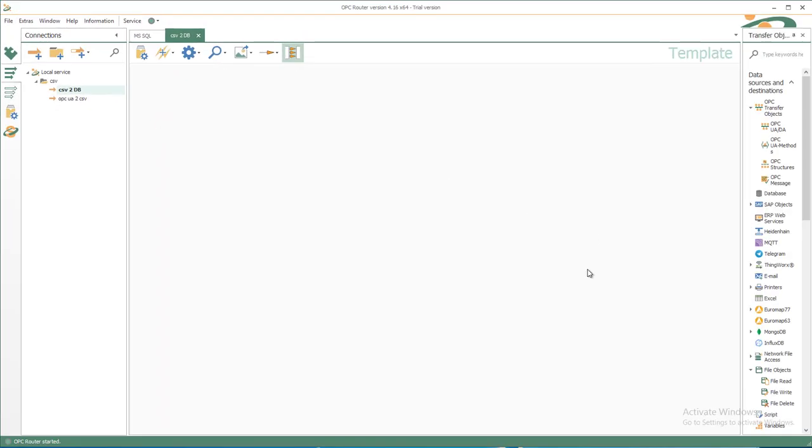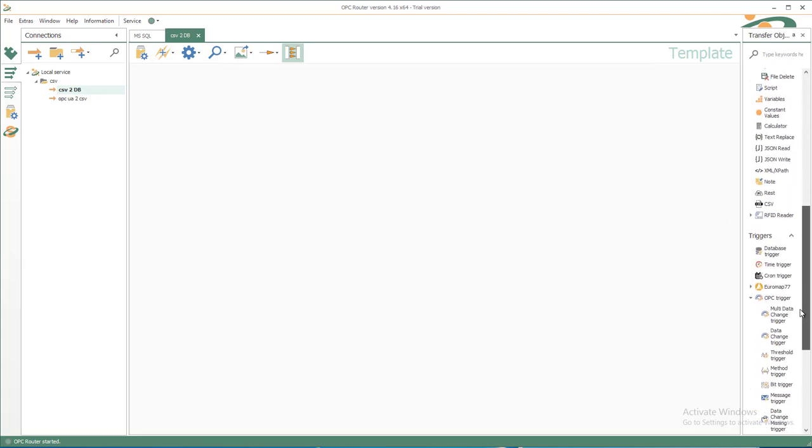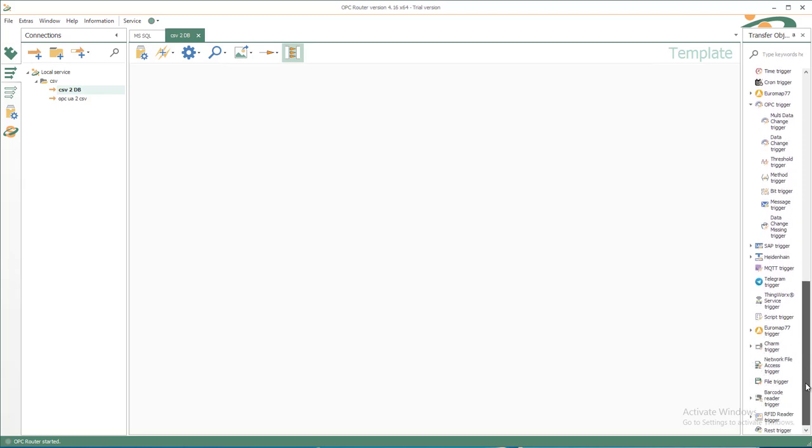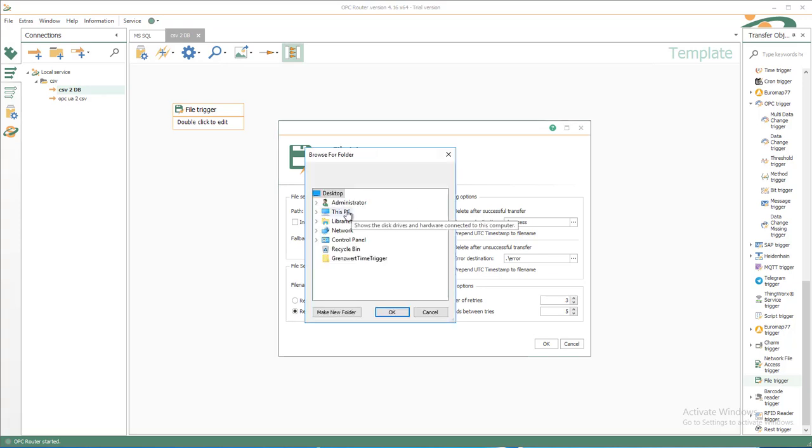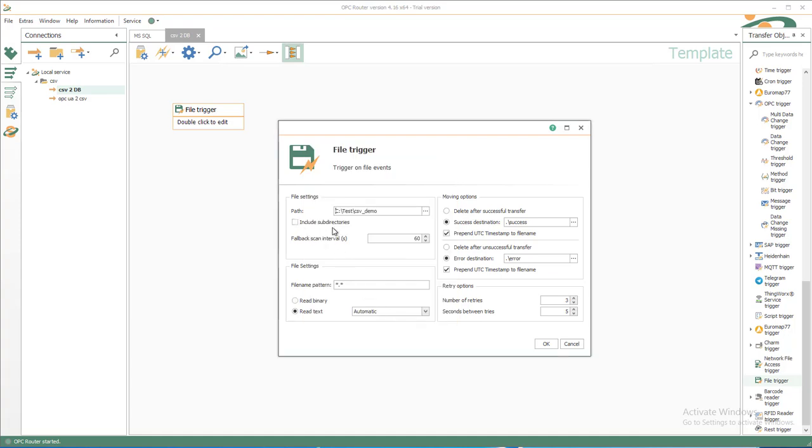Then you get the template, and the source for the data is of course our CSV file. So we have a corresponding file trigger that we drag and drop directly on our template, double click to edit, select the path or enter it manually. C test, CSV demo was the folder I have shown you before. I don't want to include subdirectories,